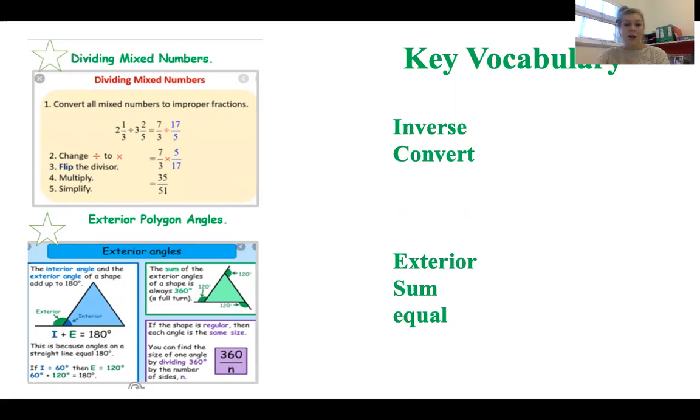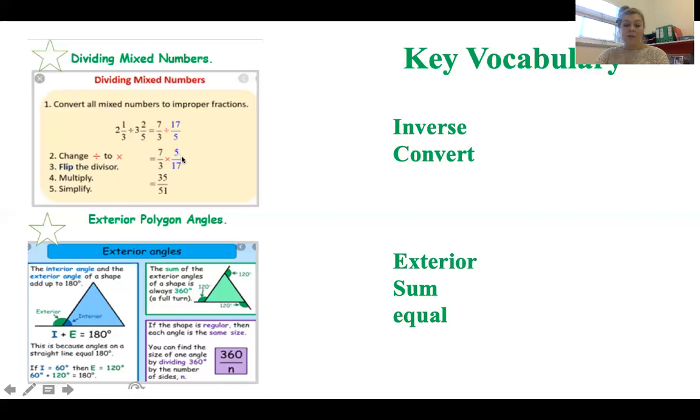If you think about dividing and multiplying, dividing is the inverse operation to multiply. So if we look at the inverse operation from divide to multiply and use the method of flipping the divisor, this means that we've got the reciprocal fraction, so the opposite of it. Because we are having the inverse operation and we're using the reciprocal fraction, we will end up with the same answer. So dividing 2 1/3 by 3 1/5 is exactly the same as multiplying